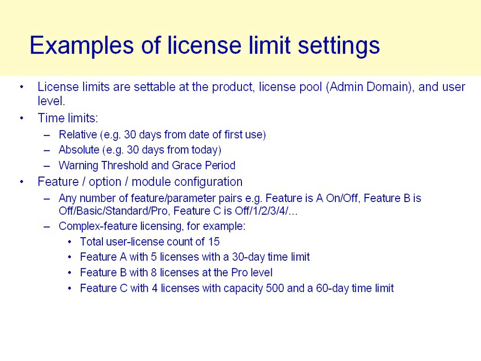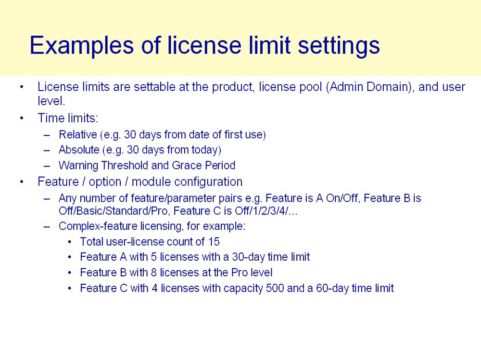Feature C could be off or be at level 1, 2, 3, 4, whatever it might be. So when you configure a license for a particular user or for a pool of licenses, you could say, well, for this customer, I want feature A to be on, and feature B at the standard level, and feature C at level 5, and feature D to have capacity of 200, whatever it might be, for as many of such features as you wish to set up.